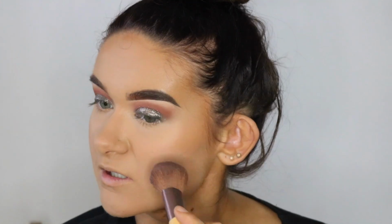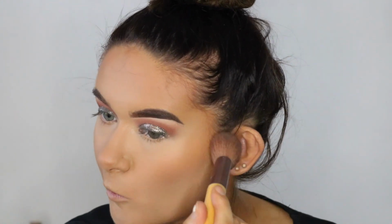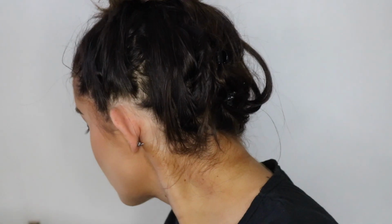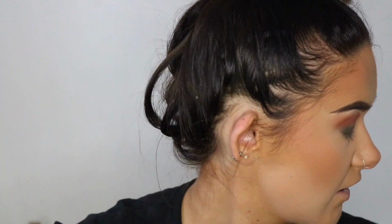Whereas I found with the Real Techniques one, although it was nice, it was a bigger, fluffy brush, so it let you sort of disperse the product, whereas I quite like this to get in certain areas of your face. I use this for blusher, so one day I was just like, I'm going to try it for bronzer. So I'm going to take a MAC 217 brush and the shades Real Sienna and Burnt Orange,